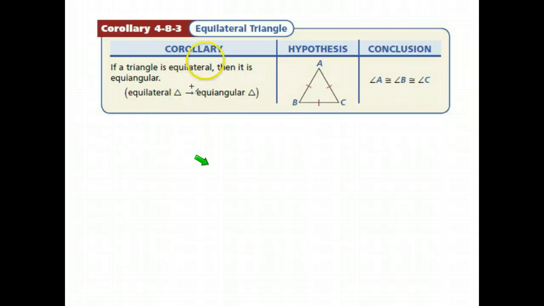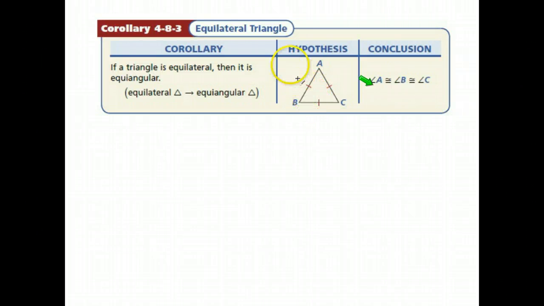All right, here we have what's called the equilateral triangle theorem. It's a corollary, excuse me. It says if a triangle is equilateral, then it's automatically equiangular. Remember, equilateral means having all sides equal. Equiangular means having all angles equal. So here's the hypothesis. When you have all of these sides equal, then all of your angles end up being